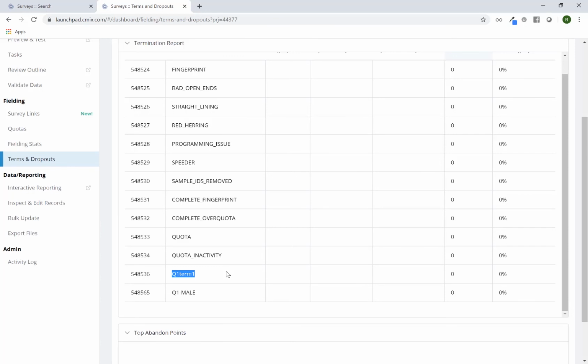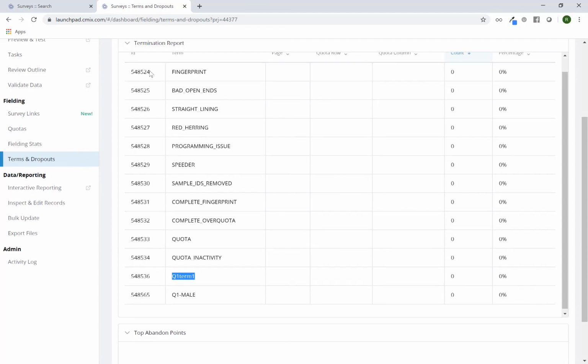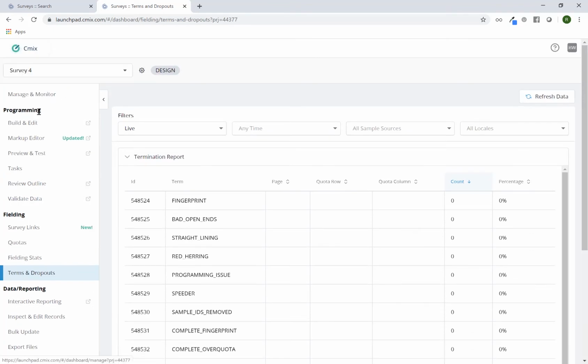so that if you ever do need to make any sort of changes while you're in field, or loosen restrictions and that sort of thing, you'll know exactly where the majority of your terms are coming from. That's the importance of the term code. Now if I go back to my build and edit tool, clicking on build and edit on the left,